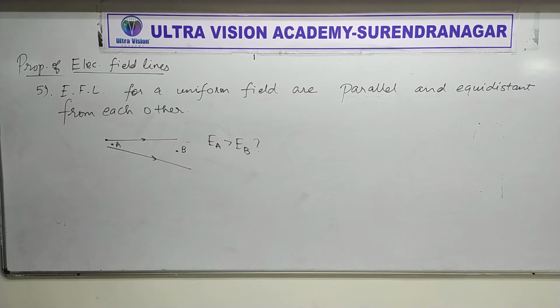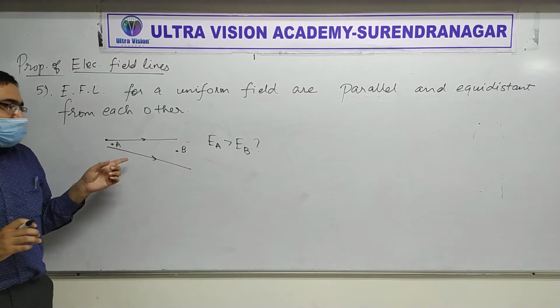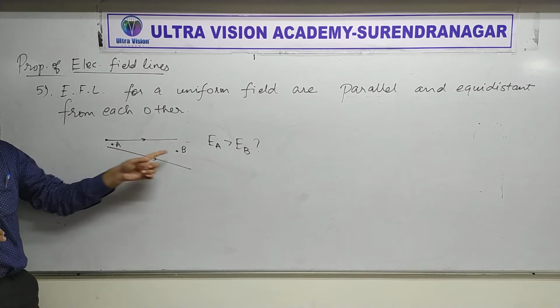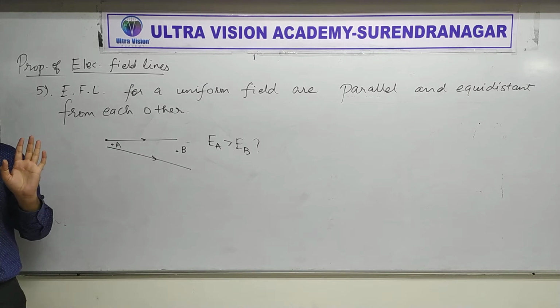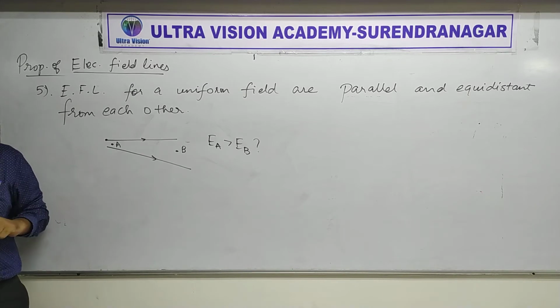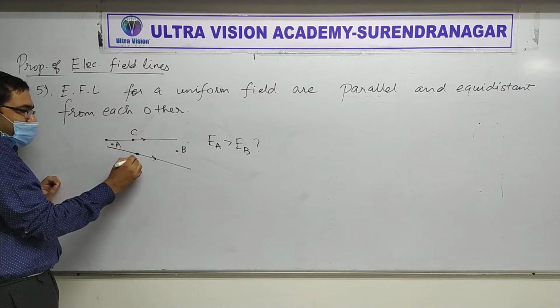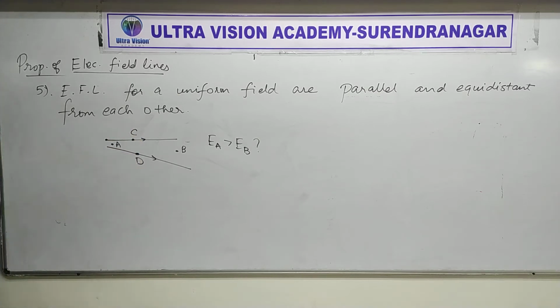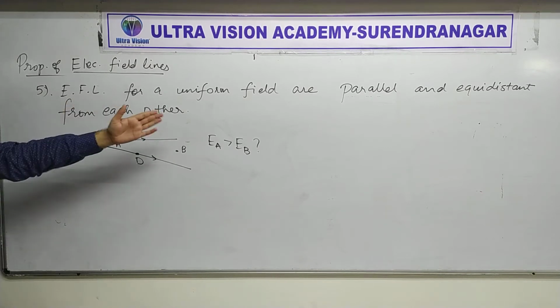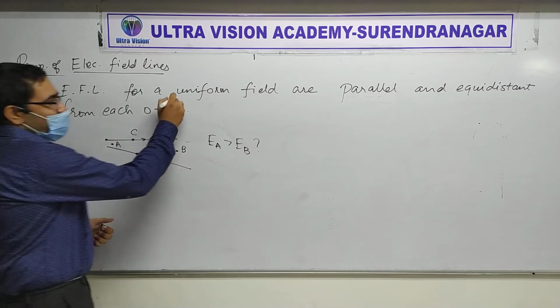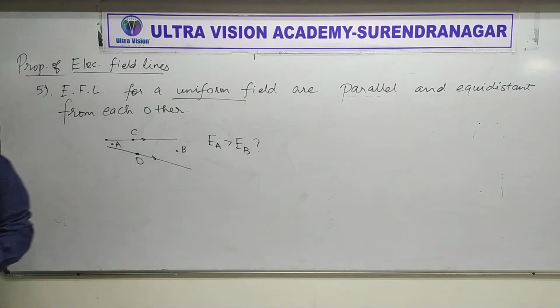Is that clear? So we already have discovered one problem with this diagram. What's the problem? If it's like this, the magnitude cannot be the same. Another problem. Look at the arrows. Don't you think the electric field at point C and at point D are also in different directions? C is that way, but D is at an angle. That's not called uniform. Okay?